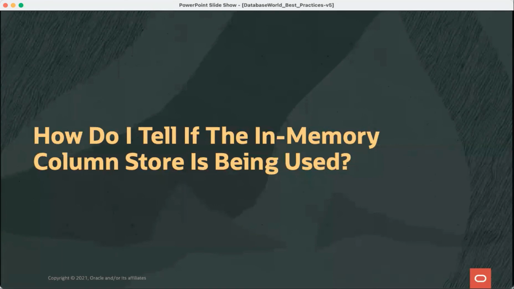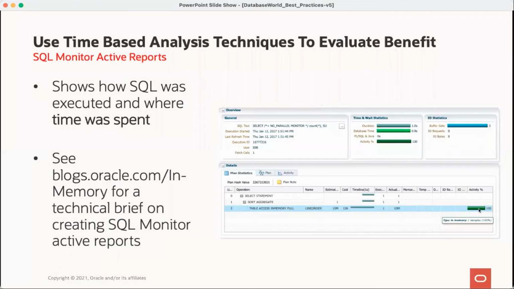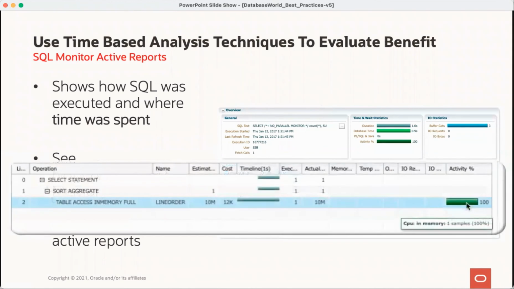So how do you know if you made use of the column store or Database In-Memory provided benefit to your queries? We recommend SQL Monitor active reports. Time-based optimization allows you to see not only how much time your query ran for, which is obviously going to be the biggest benefit to using Database In-Memory, which is faster response time, but in addition to that, seeing where in the execution plan you had benefit. And if you notice here in the bottom section, we did a TABLE ACCESS IN MEMORY FULL. And if you hover over the activity bar, the percent of activity, it'll tell you that we spent that time